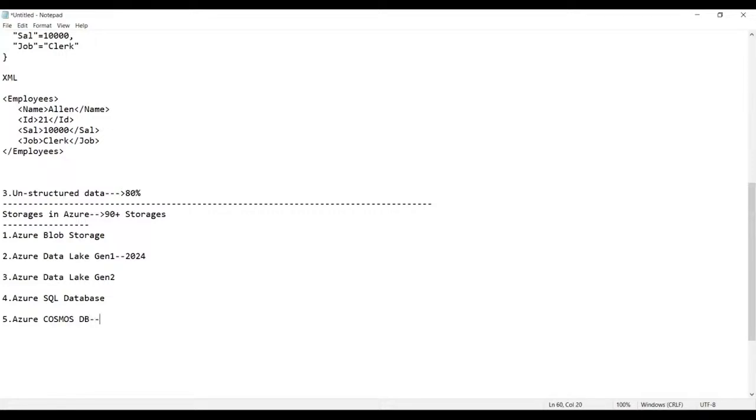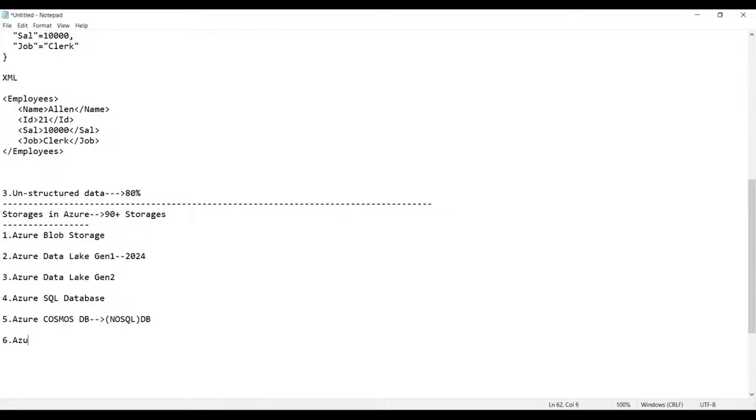This is called a NoSQL database, where you don't use the SQL language. This particular Cosmos DB is in very much demand right now. NoSQL database. And then, apart from this,